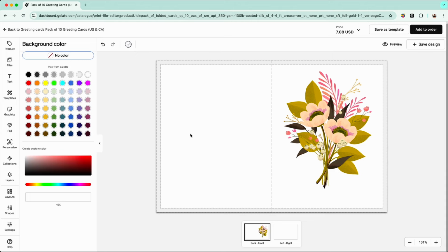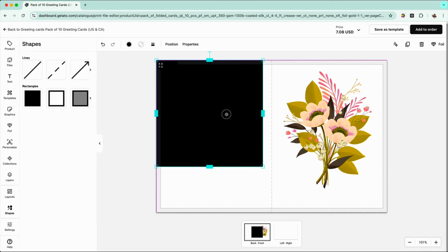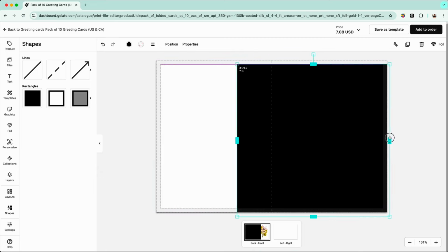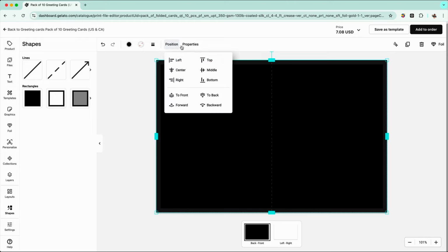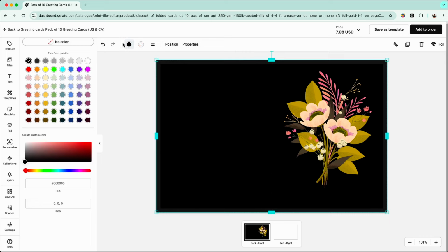Now, what I prefer to do and what I've been doing for a long time is actually creating a layer for a background instead of changing the color. So I'll actually create a rectangle and then change that. I don't know why. I think it's because I just like everything to have a layer versus working directly on the background. You'll see that this is hovering again, so we're going to position that to the back, and then we can change the color by going to this little fill color, and then I'll just choose a, let's see,